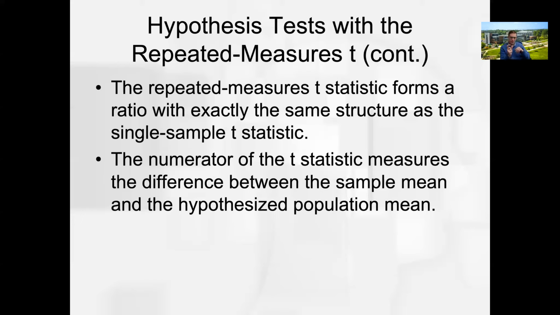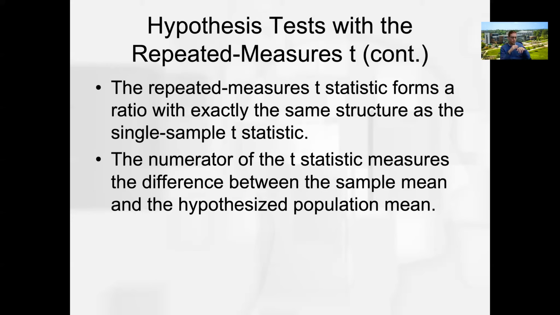You're going to see in just a minute that the numerator is going to be the mean of difference scores minus the hypothesized population difference score, right? And so in almost every case, this is going to be 0. Again, I'll show this to you in just a second. But in almost every case, this is going to be 0, such that